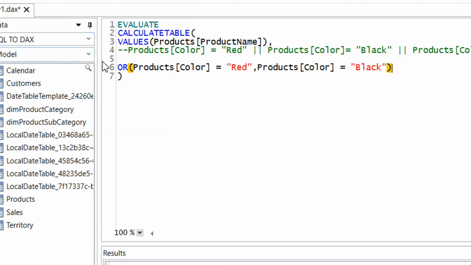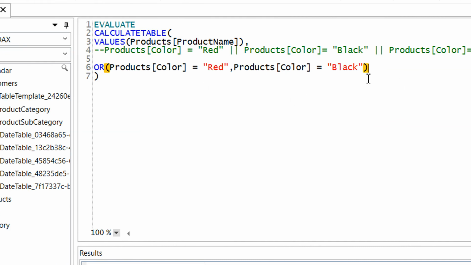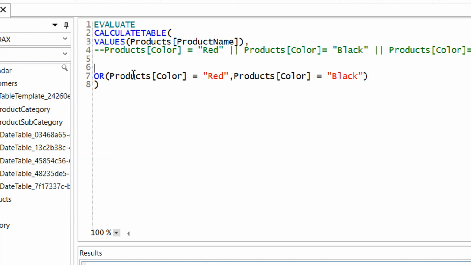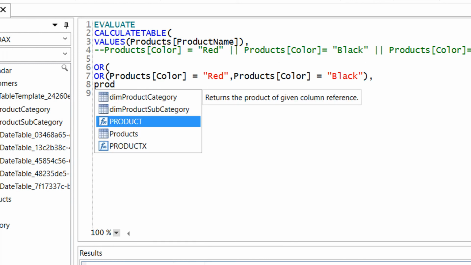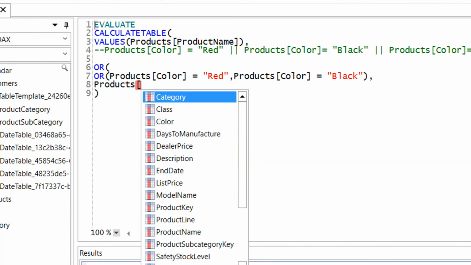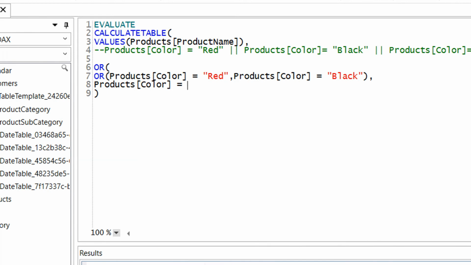So when we use the OR function, we can just provide two parameters inside. So we need the other one, the third one, products color is equal to blue.